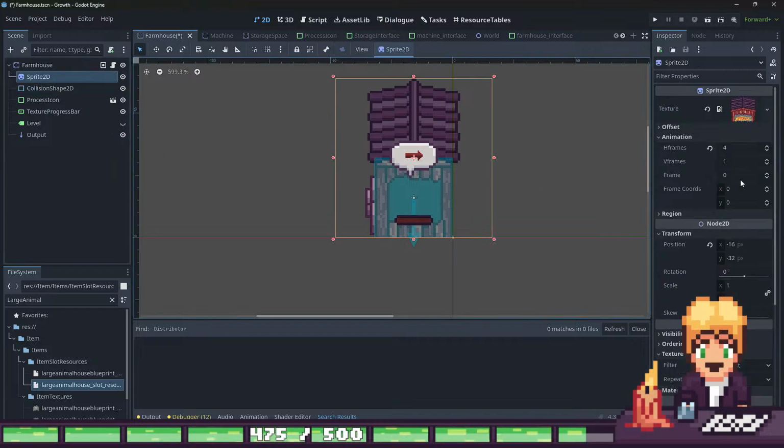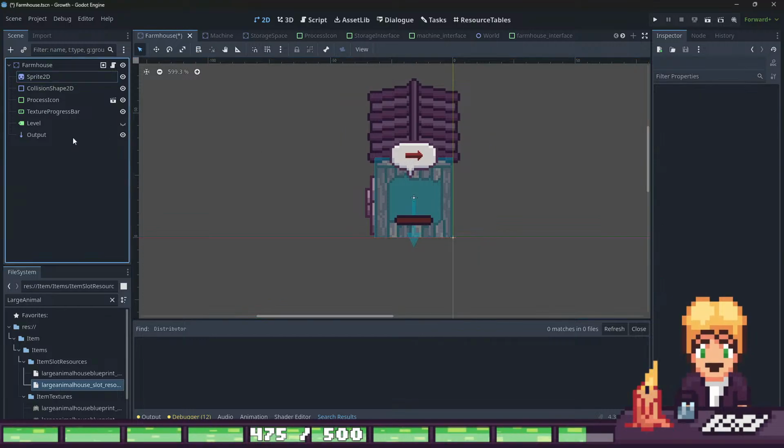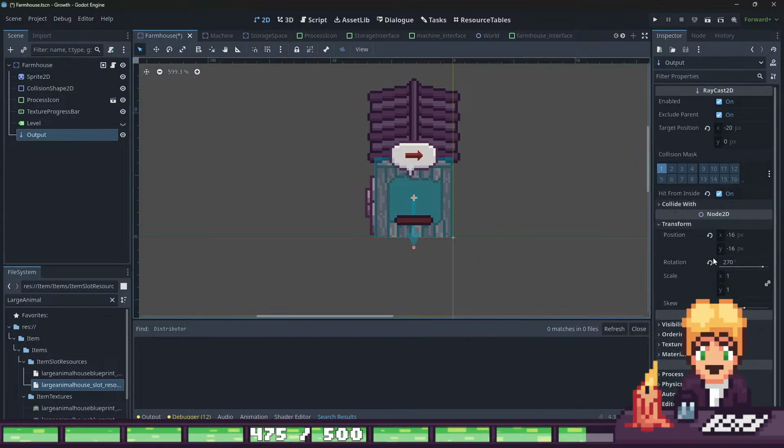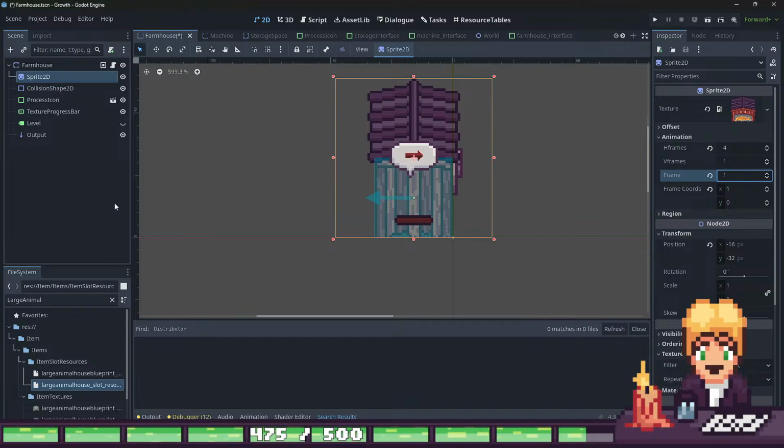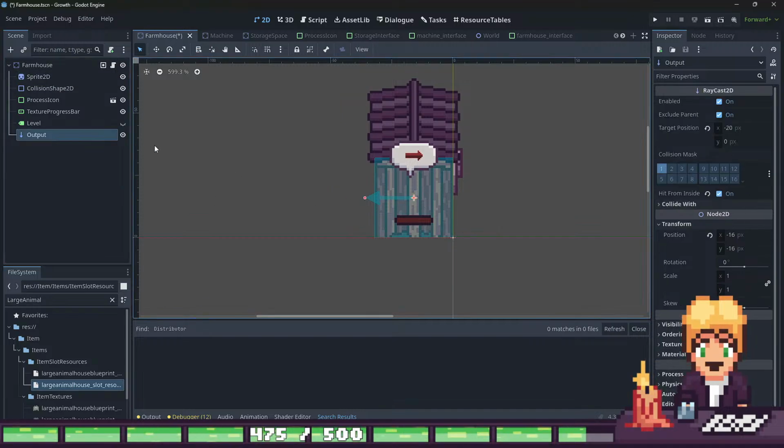When we have, for example, a side view, then this output is fine to be set to -16 by -16, which is fine. But when we have a sprite which is set to, let me think, this frame for example, then this output should be set to